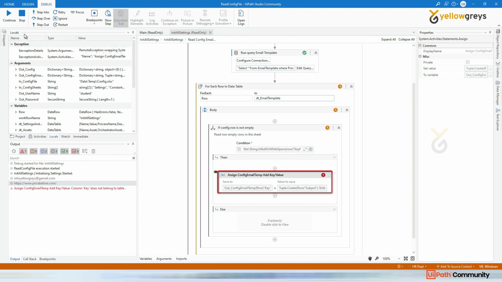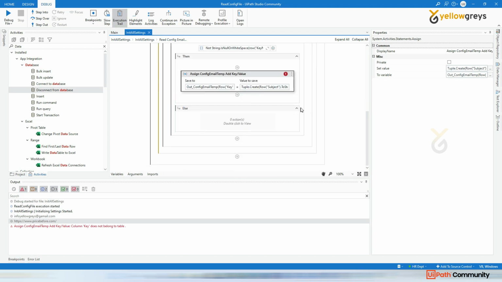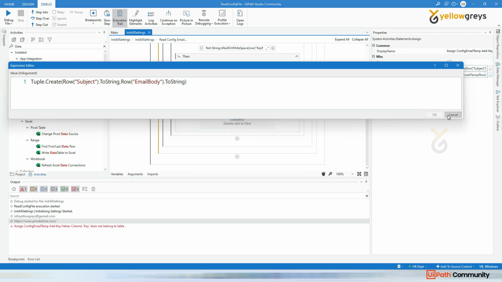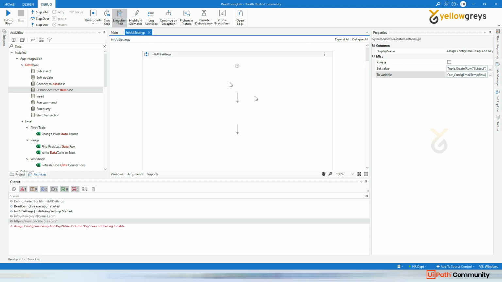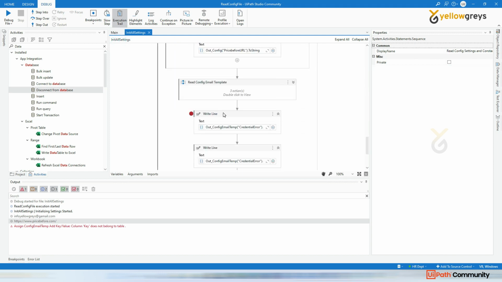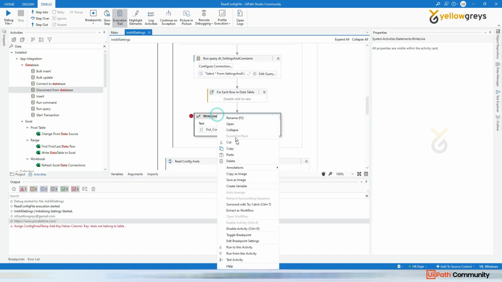So I forgot to change the name here, column name. So again go here, and the subject email body is okay, and it should be key name. My column name is key name. So now let me go back and place a breakpoint, because already we tested everything. I will now put a breakpoint here, and I will remove this,